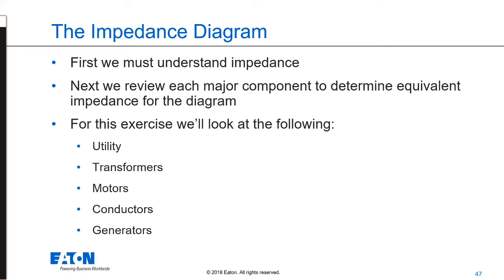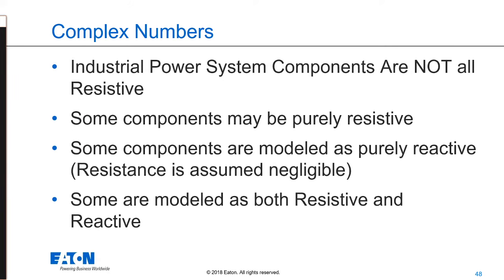So first thing you have to understand is your impedance, and then look at each of the major components and say, how do I turn those into a resistance, an inductance, a capacitance, or maybe a combination of those. So utilities, transformers, motors, conductors, and generators will all be converted into impedance. Now, not every one of our power distribution systems is resistive. I think most of the people watching this will understand that any component can probably be represented either by a reactance only, a resistance only,